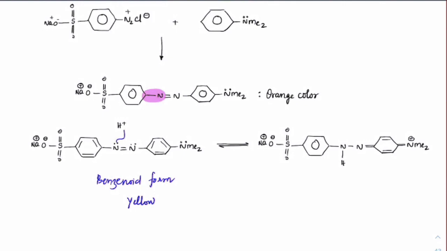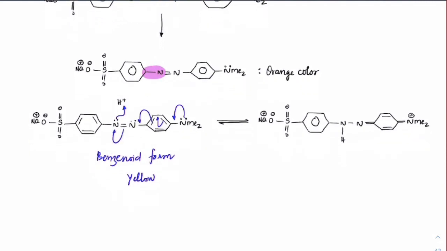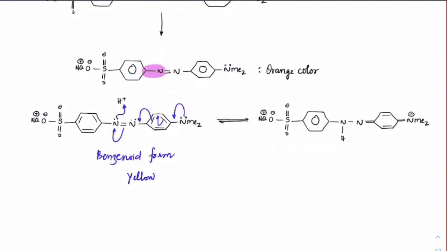And as soon as it takes this proton from solution during titration, if you recall, these pi bonds will shift like this, got it, and it will give this product, and this is the quinoid form. The quinoid form appears red in color, got it. So from yellow to red, methyl orange will keep shifting. In the benzenoid form it appears yellow, in the quinoid form it appears red.